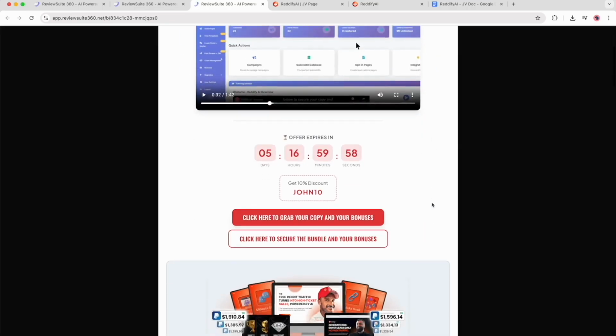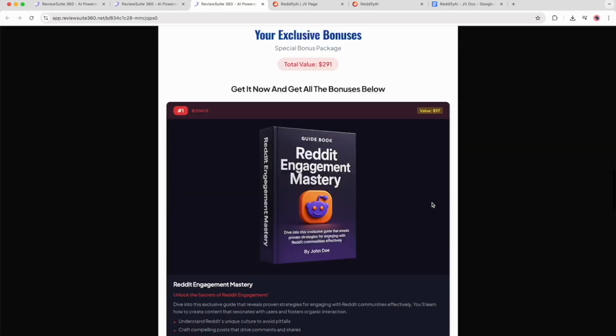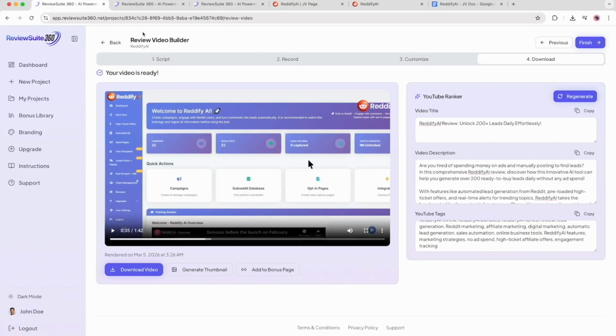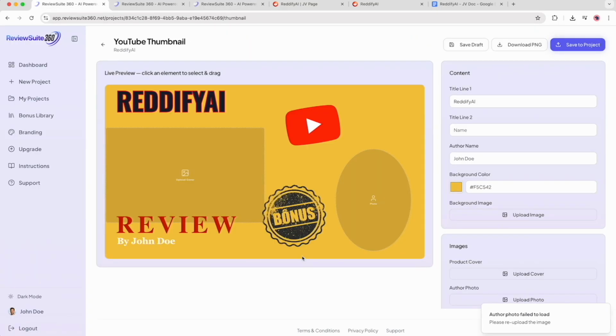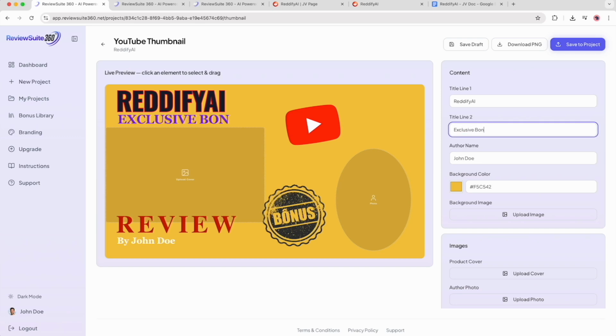Okay, so once this is done, then you can go to the generate thumbnail part, and you can generate a thumbnail exactly how Jonah does it. And here's your main product that you have used. You can even add these details, and you can upload the product color,